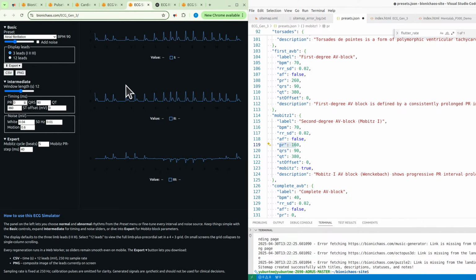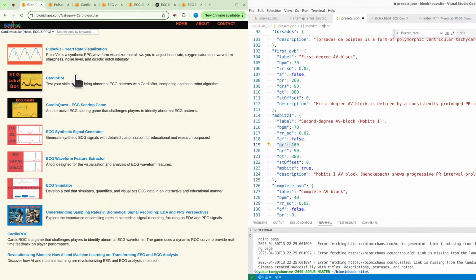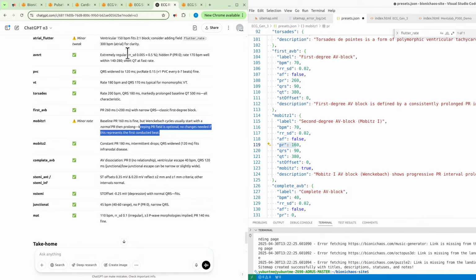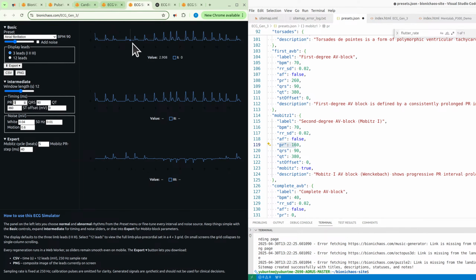Anyway, this new synthetic ECG waveform generator, well, it's already on the website. Here, I'll include a link on the landing page and include the titles and everything and go from there.